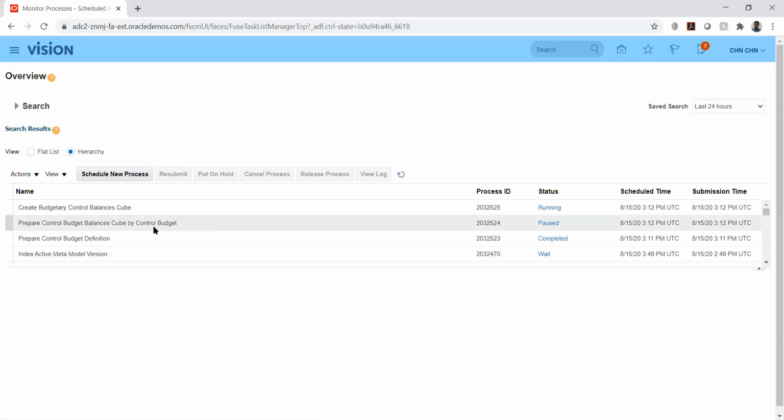So if you see here, we will be seeing the cubes generating for each budget. The reason being is that since this is touching the accounting part of it, it is creating the cubes. So wherever we have the accounting impact, system will create cubes for those setups or the transactions. Okay, so this is done.